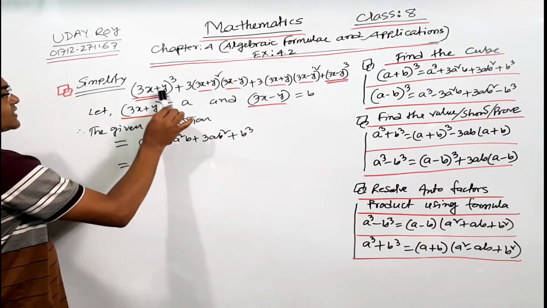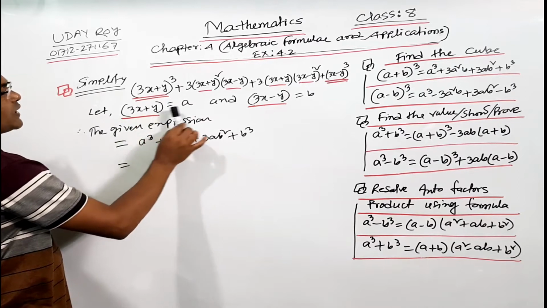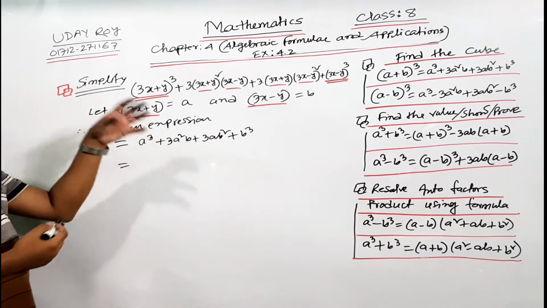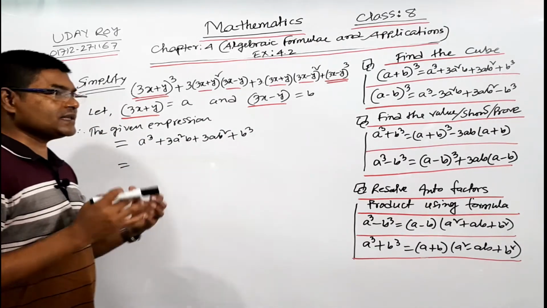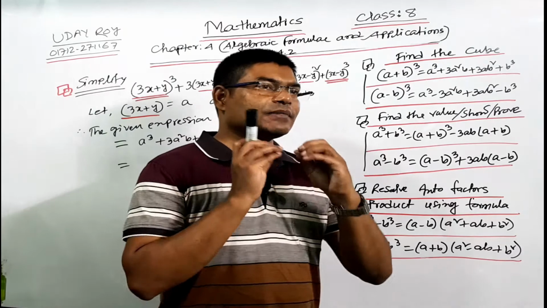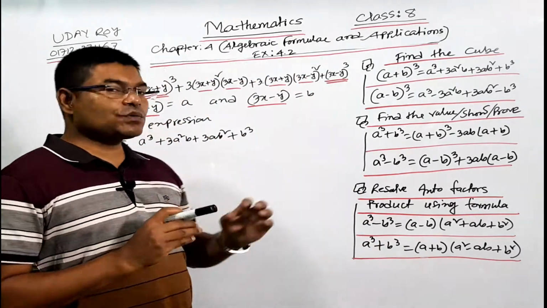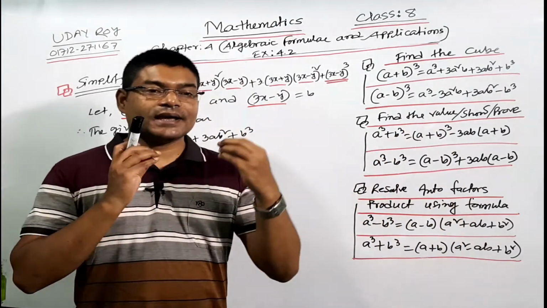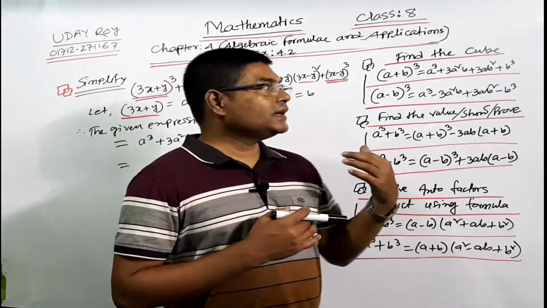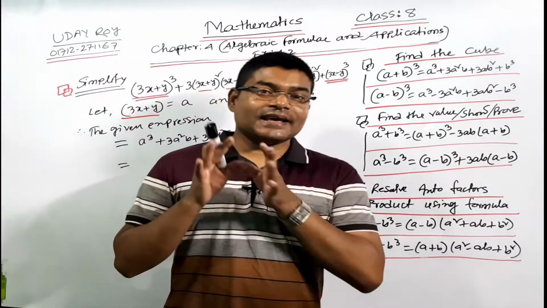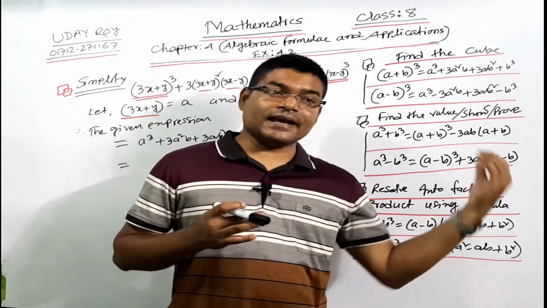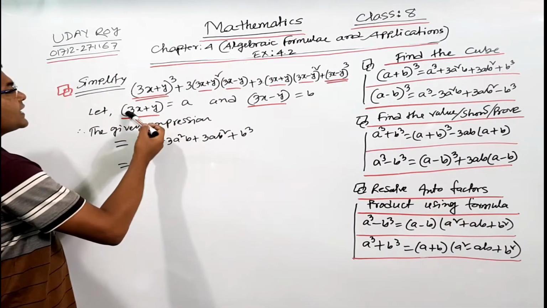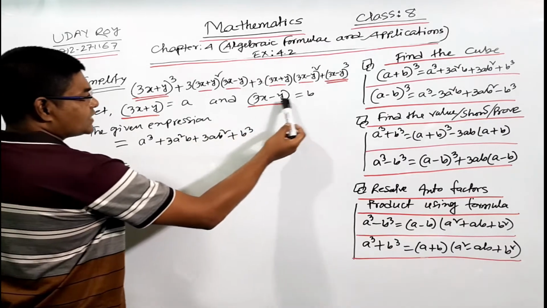So here is 3x plus y. I have taken 3x plus y equal to a and 3x minus y equal to b. So your maths will be short. If you can see big maths, if the math is described by x y, then try to take a and b replacing x y. And if the math is described by a and b, you have to take x and y. So here I have taken 3x plus y equal to a, 3x minus y equal to b.